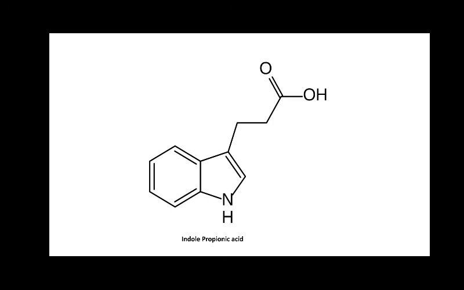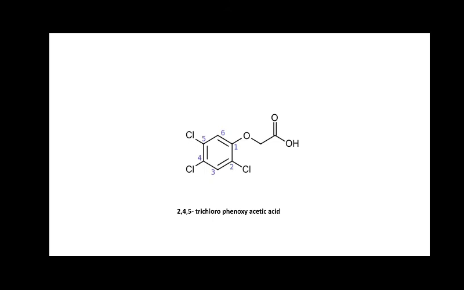The synthetic auxins also exist, meaning auxins which are produced in the lab in a separate way, such as 2,4,5-trichlorophenoxyacetic acid. The molecule structure is all numbered, so you can easily see what this 2,4,5-trichlorophenoxyacetic acid is, or in short it is called 2,4,5-T. So this 2,4,5-T or even 2,4-dichlorophenoxyacetic acid means only position number 2 and position number 4 will have the chlorine group. So 2,4-dichlorophenoxyacetic acid, 2,4-D, are some synthetic auxins that are readily used in the market. Meaning it is really found in the market, and